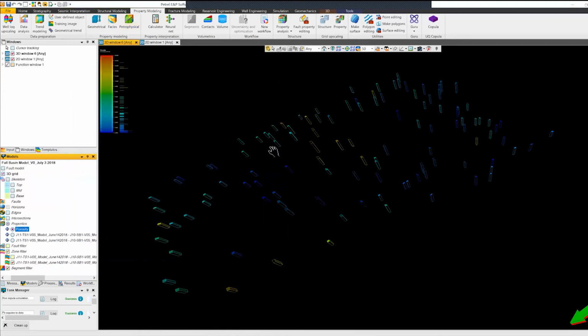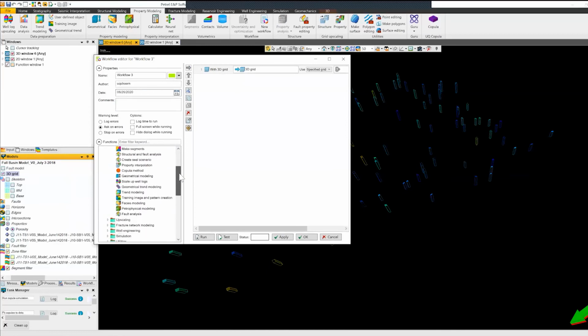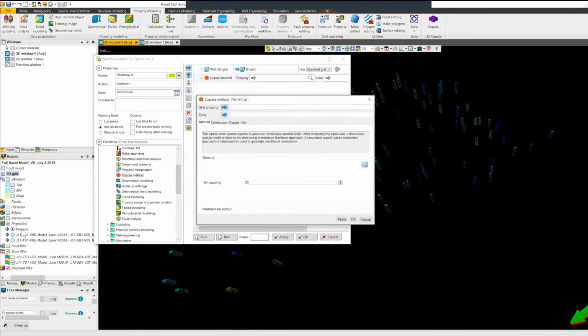The plugin also works in the workflow manager, so we can create a new workflow. Here we go. Process using a 3D grid. So we select our 3D grid here, pop it in there, and then we want property modeling. And again, we have both choices. We have the copula within the petrophysical modeling or the standalone version. So we choose the standalone version. And we again need to select our grid property. So we want the porosity